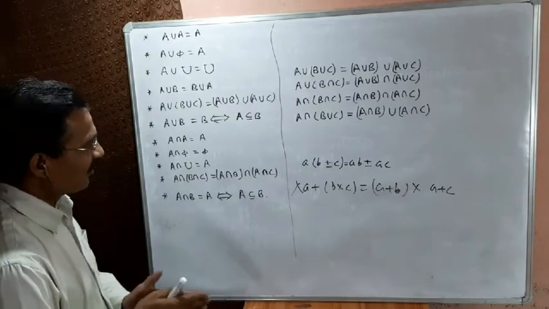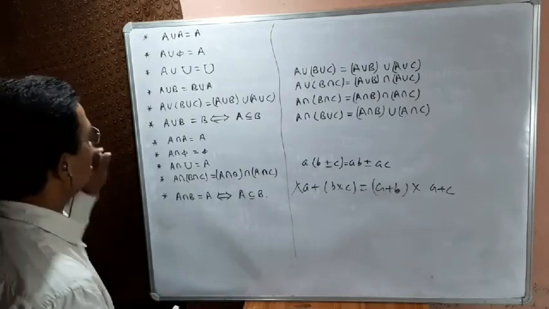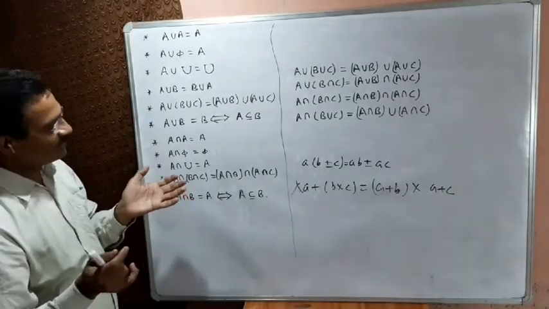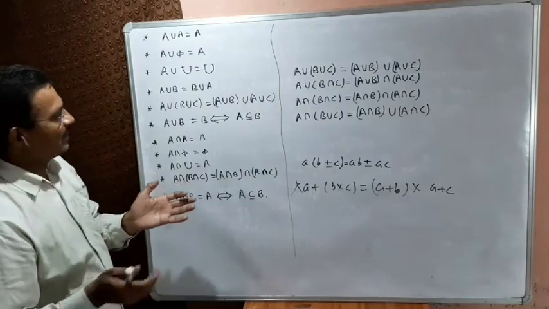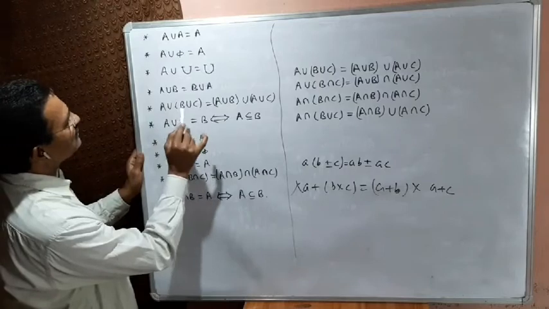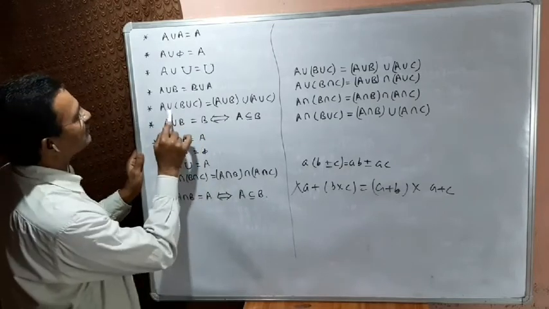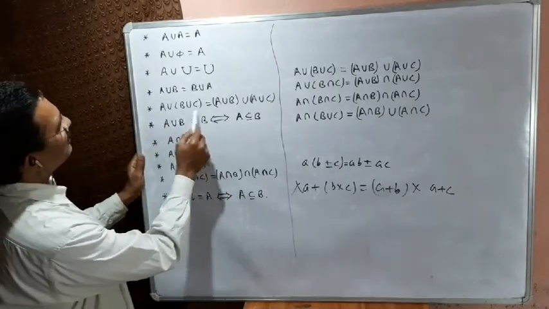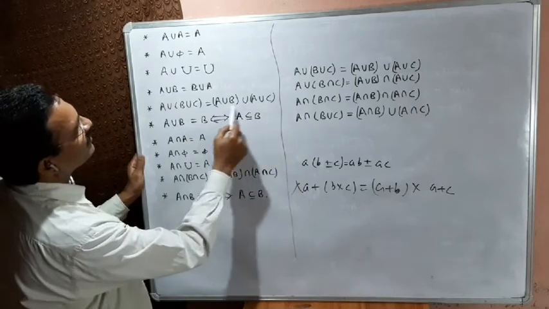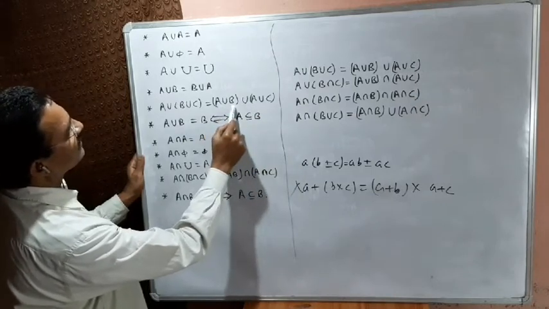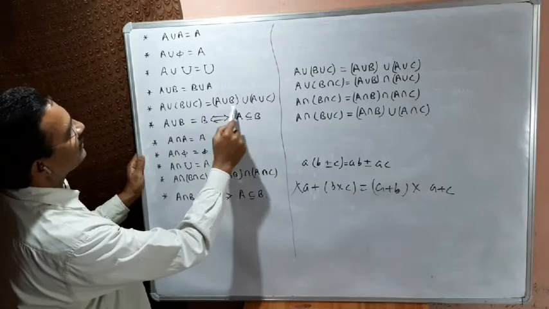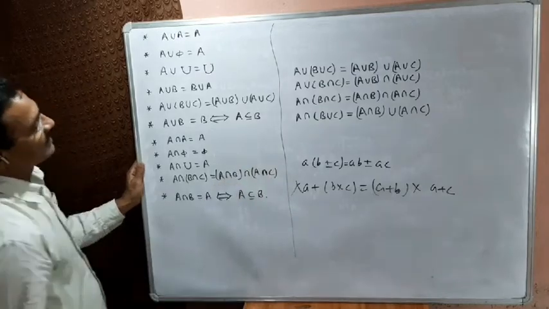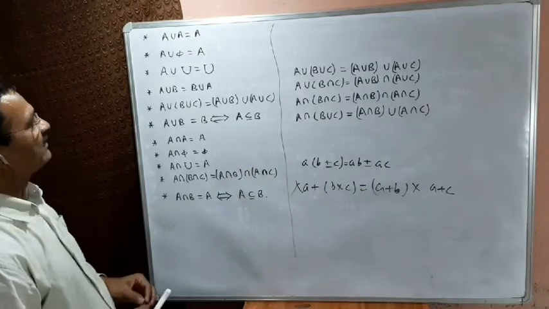So if we compare, this is a very peculiar property of union. What is union? Union is also an operation. So here we find that union distributes over union. One operation distributes over itself. We can understand this will give the joint family of A, B and C. This will also give the joint family of A, B and C. We have joined the family of A and B and again joined the family of A and C and then joined both families. Ultimately, we will find the joint family of A, B and C.